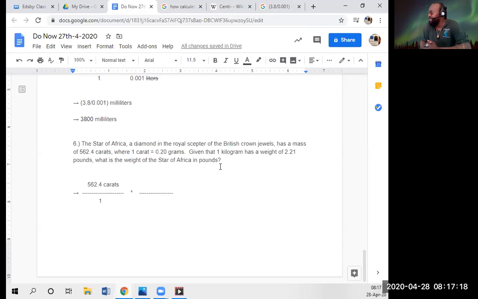All right, so let's look at it. What are we given? Well, they say 1 carat is pretty much equal to 0.20 grams. So again, we've got to set it up so we can cancel out carats. So how do we do that? Well, I see carat is in the numerator here, so I'm about to place its equivalent down here, so it cancels out. Carat. I'll just say carat so it looks the same.